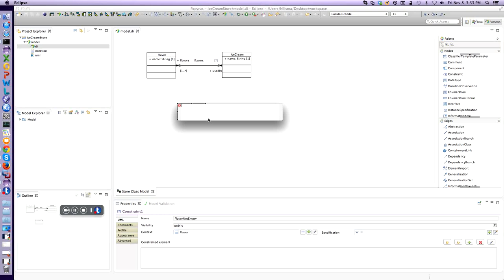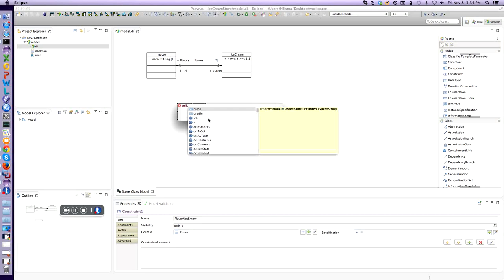But what we get once we have the context set up is we get something that looks like a normal Eclipse editor with some syntax highlighting and also context completion. So if we type self and hit dot, what we can do is we can ask it to complete the context. That's a control space. On a Mac, I believe it is also a control space on Windows. So if we hit that, and then we see the properties we have. So we have name, and we have used in, and then we have all these various other things, which is basically just everything in OCL. So we can select name,